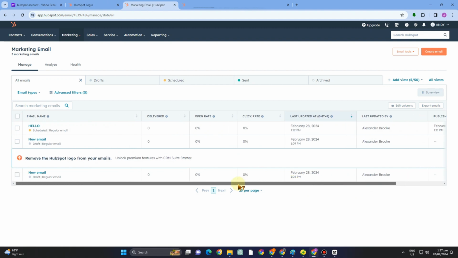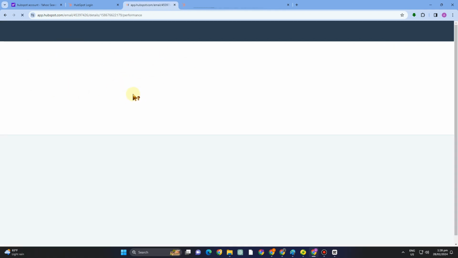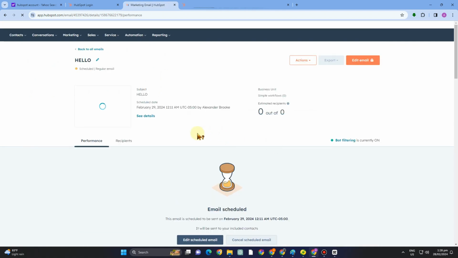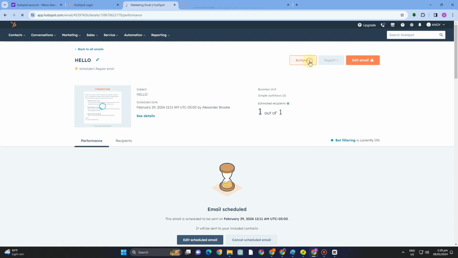Okay, so as you can see, in order for you to unsend or cancel a scheduled email here, you just have to tap or click the message. Okay, tap this one, and then it will take you to another page. Here, you will see the button above that says Actions. So what you're going to do is simply tap Actions or this arrow facing down, and you will see